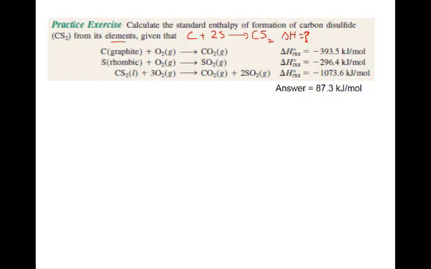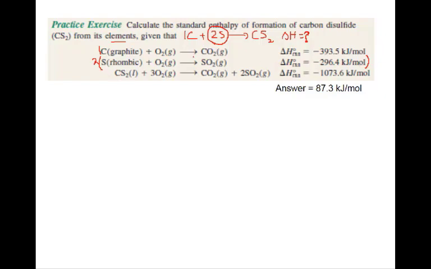Now we check: this is a reactant, carbon is 1 and this also 1 and also a reactant, so we don't need to change equation 1. But in the second equation, this is 2 sulfur, so we have to multiply by 2. So we take this equation in the bracket and multiply by 2, but remember to multiply completely, including the numbers. Don't multiply only the equation, multiply the delta H also.